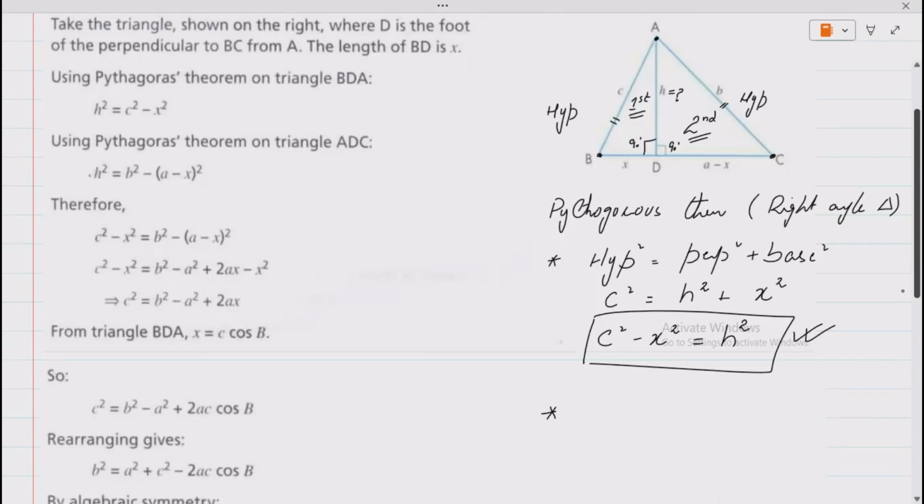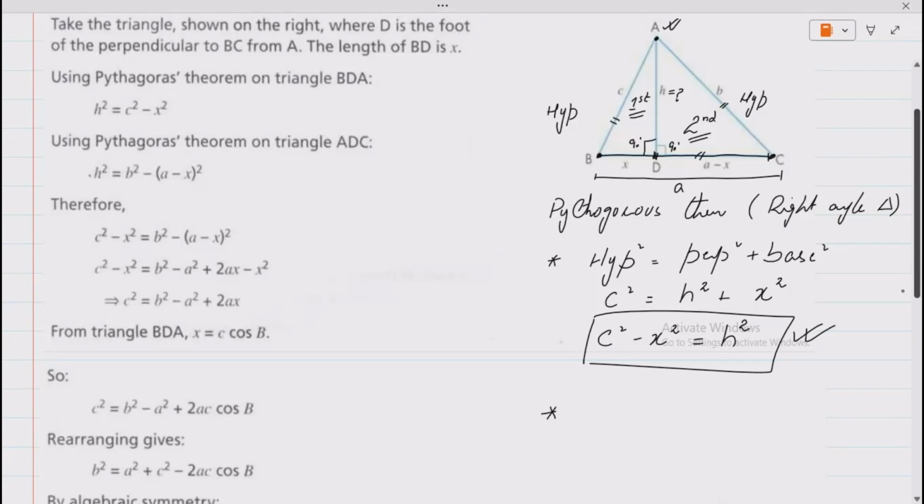And since this side from here to here is completely A, because it is opposite to capital A, we can label it small a. And we know that from here to here, it is given that it is x. So it means if we want to find this side, it is a minus x, right? Because this whole is a and this part is x, so only this part is a minus